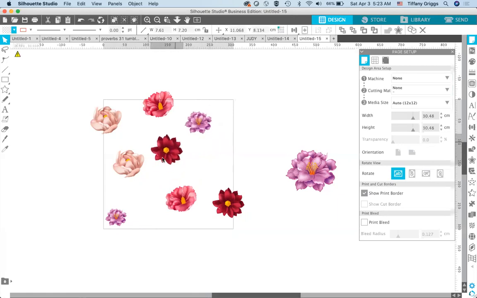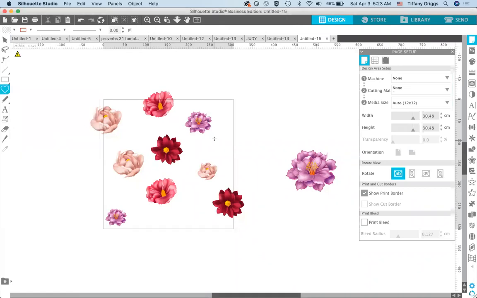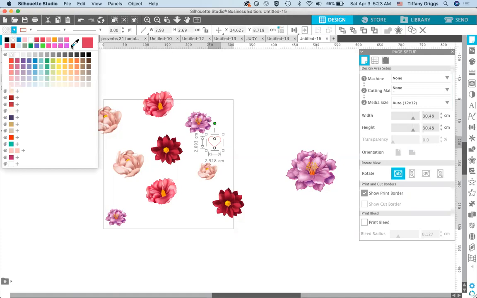Now there is a lot of blank space, and it's completely up to your liking, however you want. I'm going to add a couple hearts. Where's my heart? So I'm just going to put a couple hearts. And I am going to color my heart. Let's make it